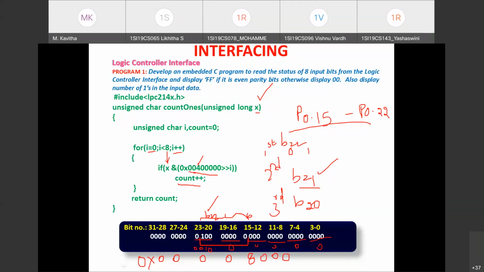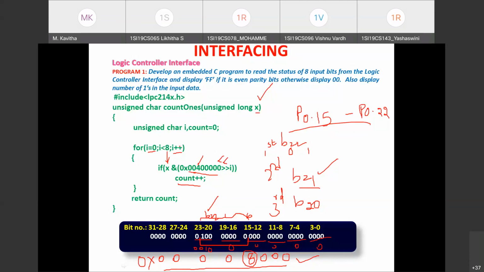Okay, this is the mask value we are going to take in the first iteration. 40800. So since we want to test 15th bit first, that is 1000 is the nibble we are taking. Equivalent hexadecimal digit is 8. Okay. So in the first iteration, this mask value is taken and we are performing left shift by I times. Okay, I is 0 initially. That means this is the first mask value taken in the first iteration.